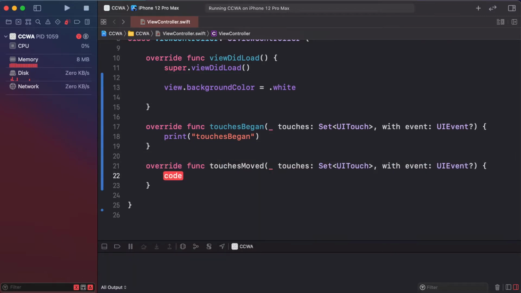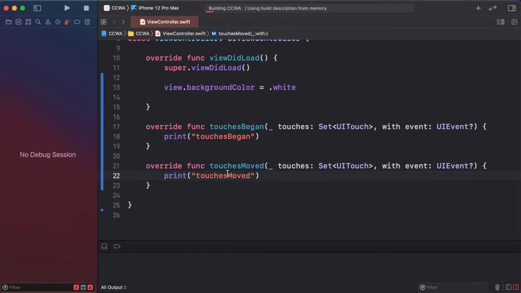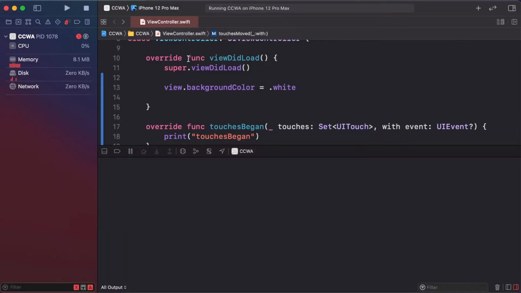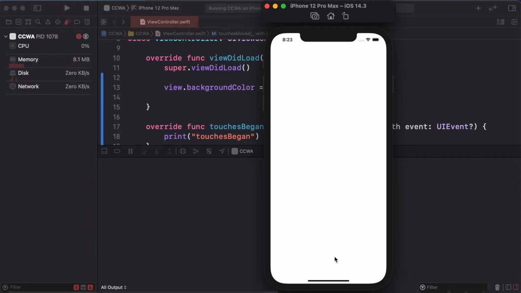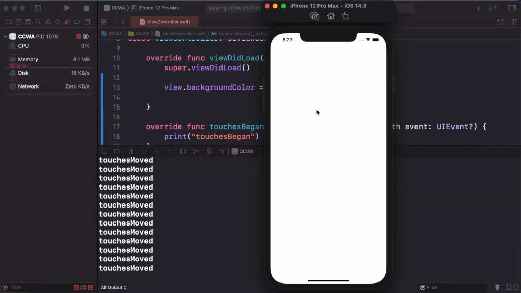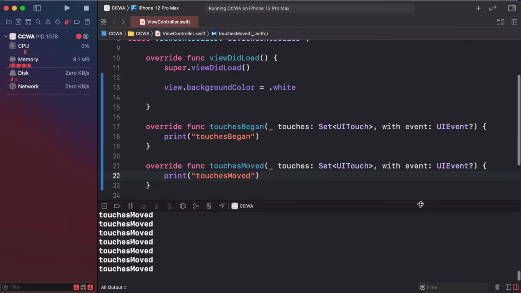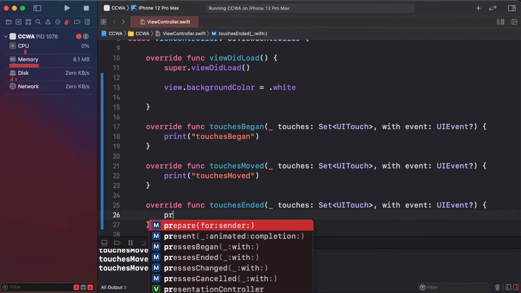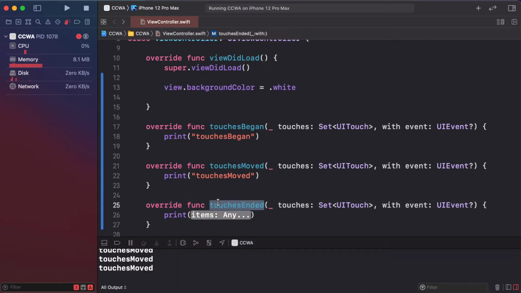touchesMoved. After pressing your click, move your finger on the screen to call this touchesMoved action. First of all, it calls touchesBegan, and then, with the click already pressed, touchesMoved. First click and then move to call the touchesMoved event, and the ended event is detected after you end the events and move your finger on the screen